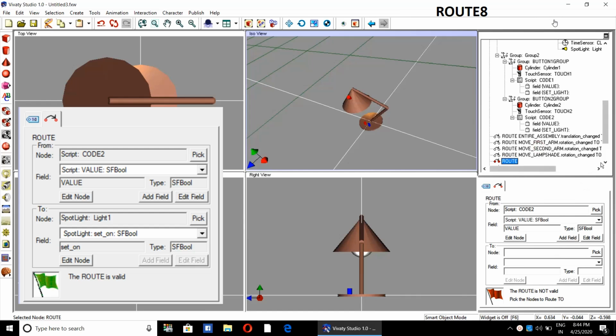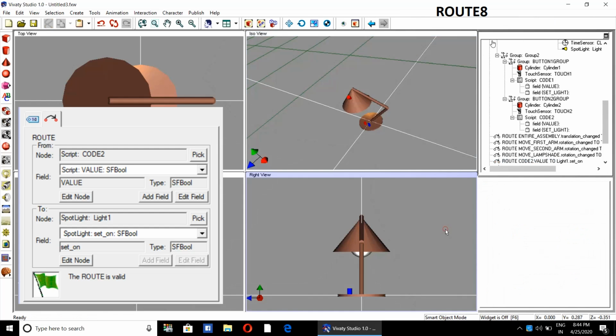Code 2 to light 1. This is perfect. So that's all. We have established all the electrical connections.